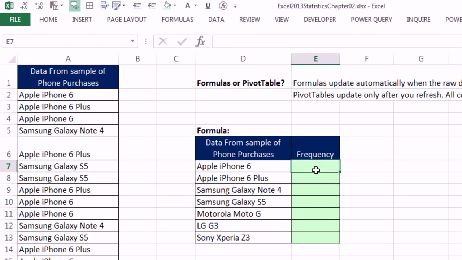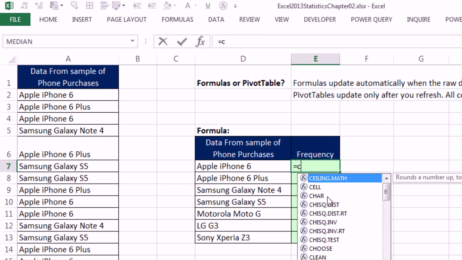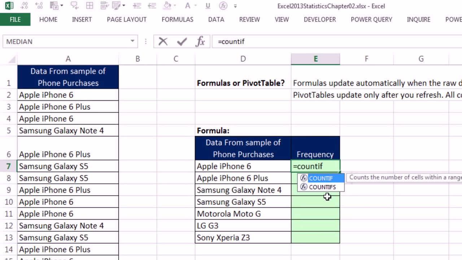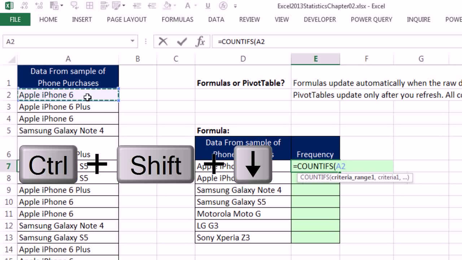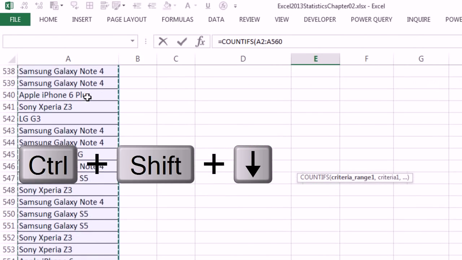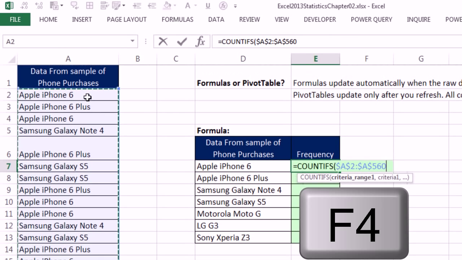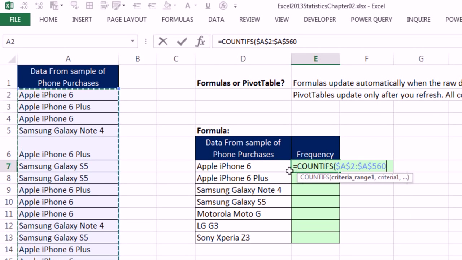All right, so what do we use? The COUNTIFS. Now COUNTIF, that's for one condition only. I'm always going to use COUNTIFS because we can do one condition or more. Criteria range, I click on the top cell. Control-Shift-Down arrow, and F4 key because we need to put those dollar signs in to lock it. Remember, we're copying the formula down. Criteria range, that word range reminds me that I need the whole column with everything.